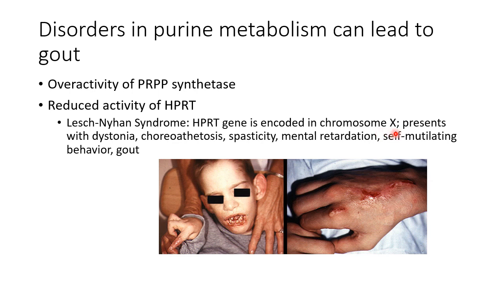So in the central nervous system, this will present as dystonia or inappropriate tonicity of the muscles, choreoathetosis, which is purposeless movement, spasticity, difficulty in moving, but that is due to high tension of the muscles, mental retardation, and what's